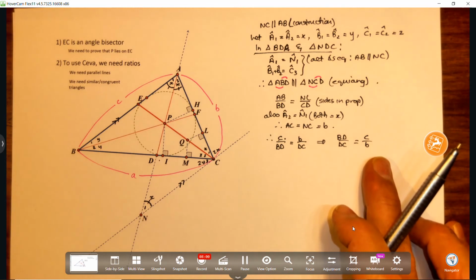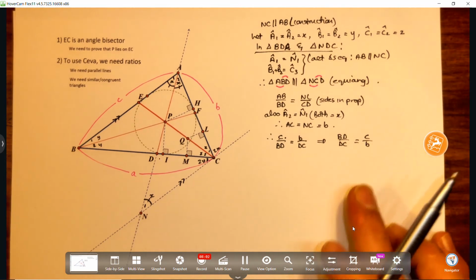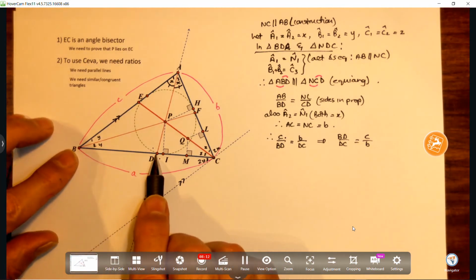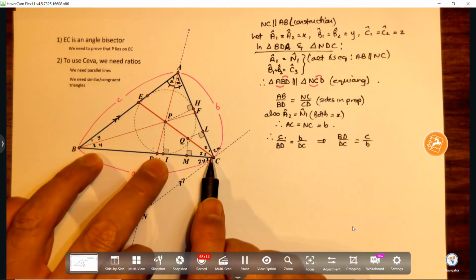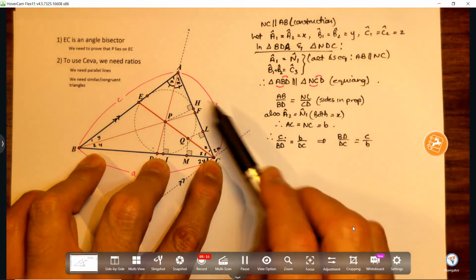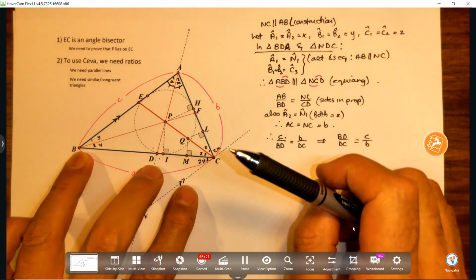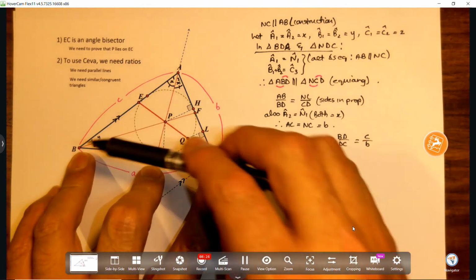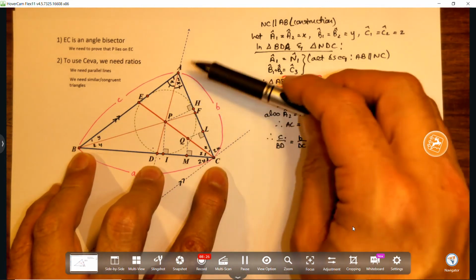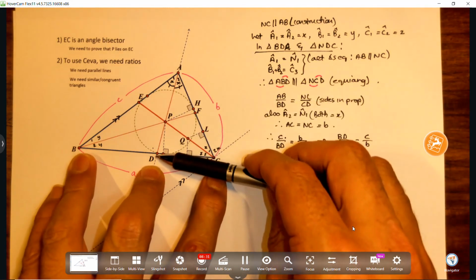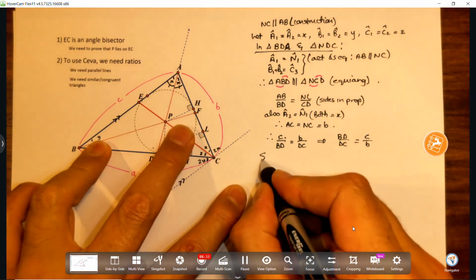C over B. Okay, now what does that tell us? What does that tell us? Let's look carefully. It tells us that this over that is equal to C over B. Look carefully. BD over DC, go back to B, is C over B. That is for that line AD. Now similarly,